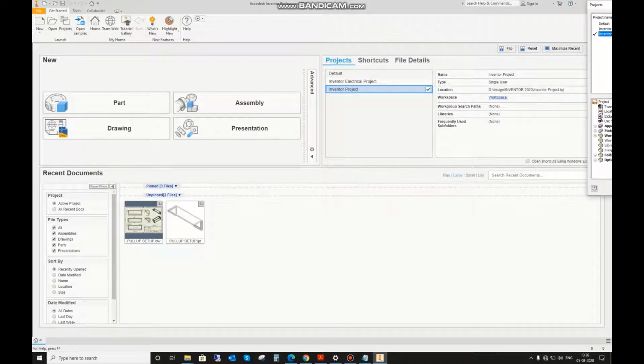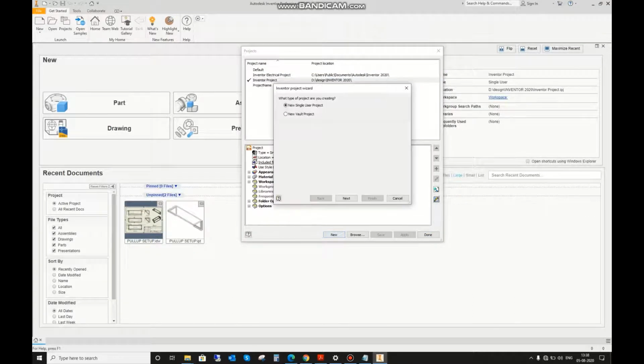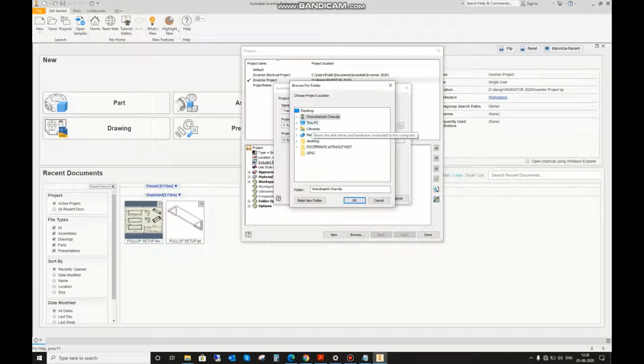So from here we can add a new project in new. Next, we can give any particular project name like training, and we can choose a folder as per our wish.